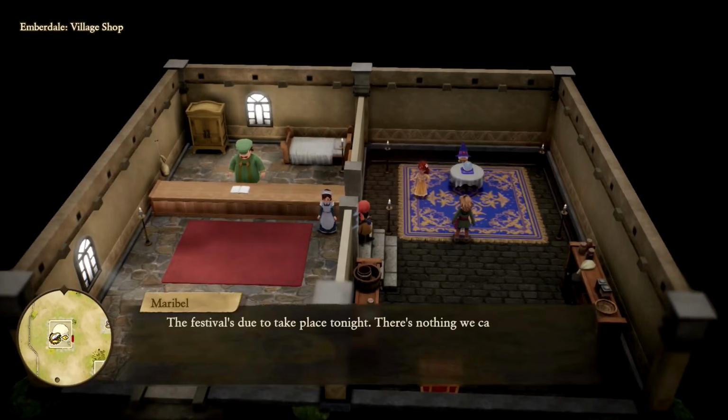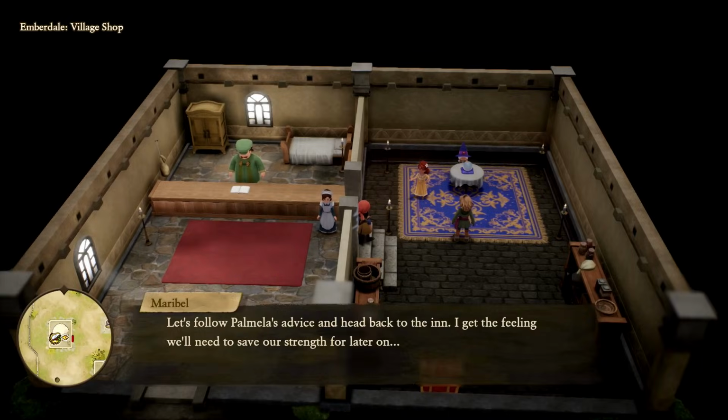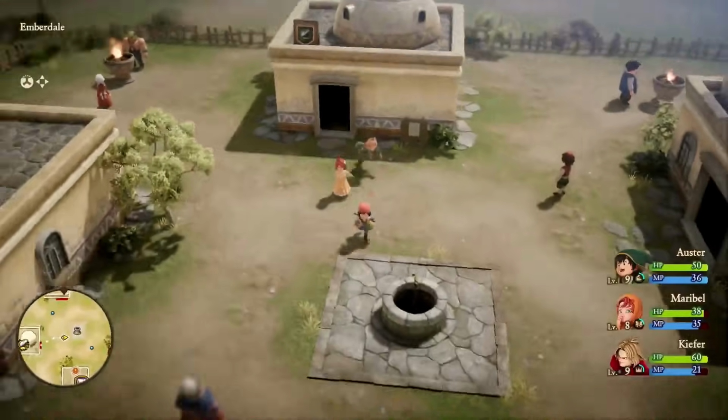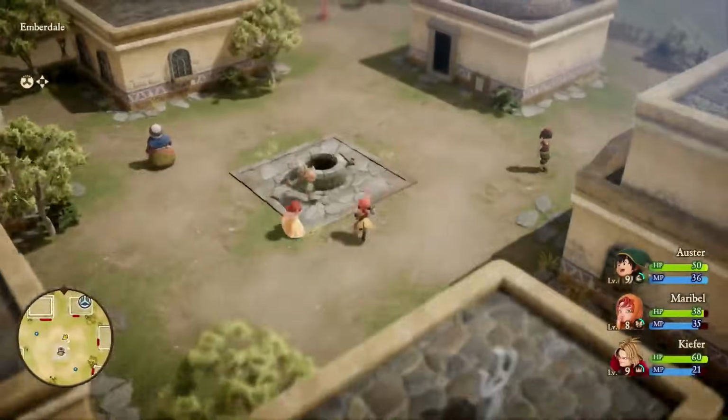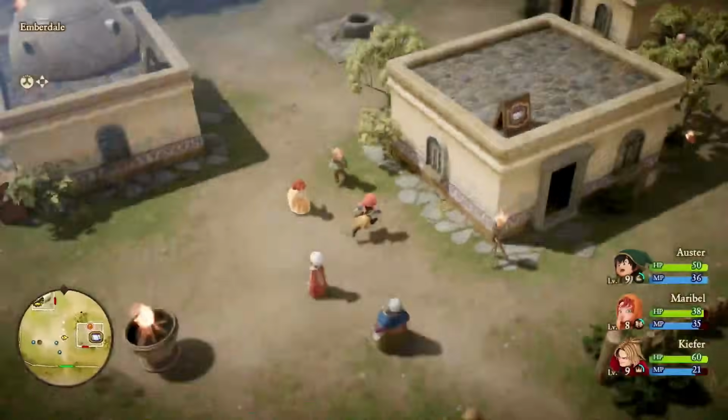Hey! The festival's due to take place tonight. There's nothing we can do until then. Let's follow Palmela's advice and head back to the inn. I get the feeling we'll need to save our strength for later on. Agreed. There isn't anything any of us can do right now. And sadly, that will not make...